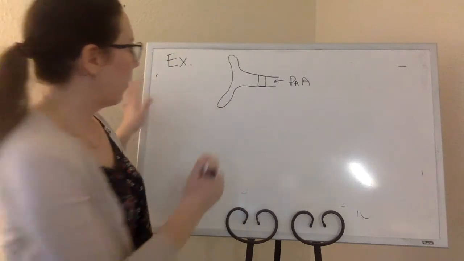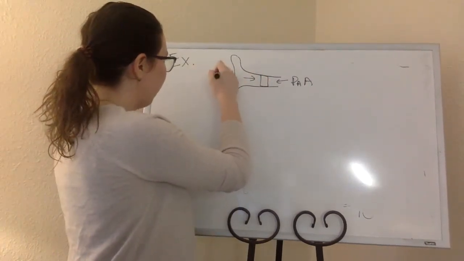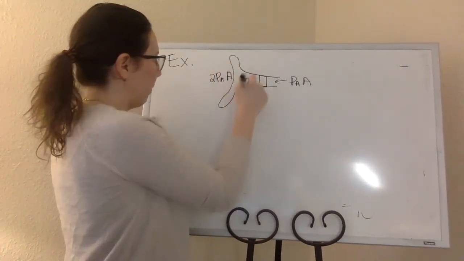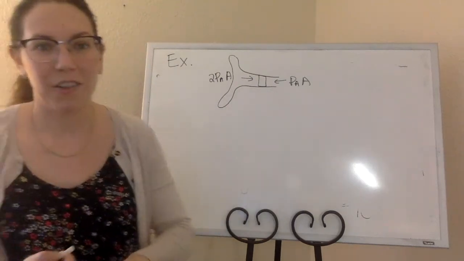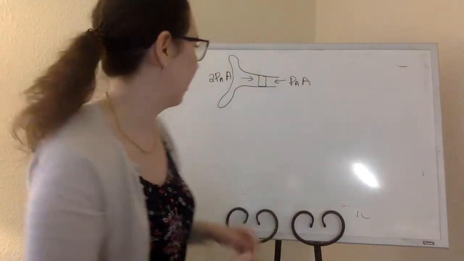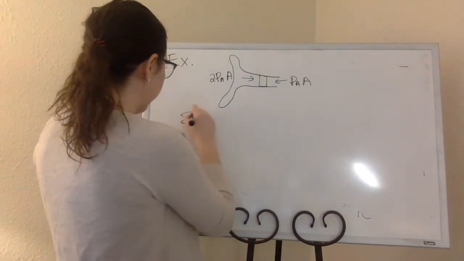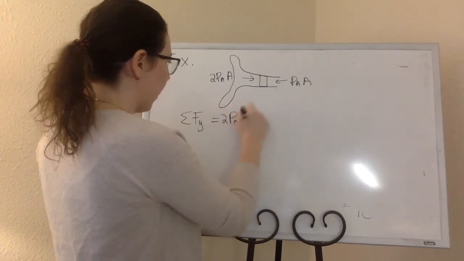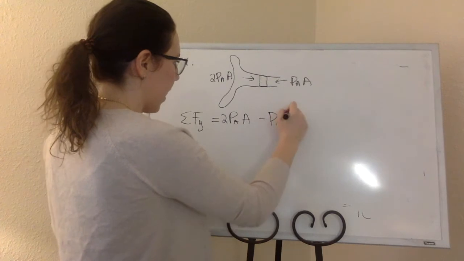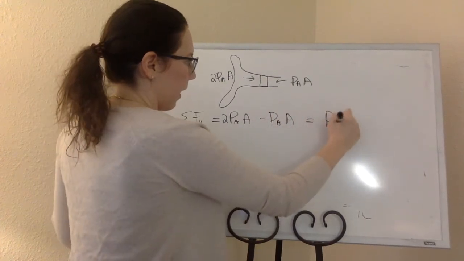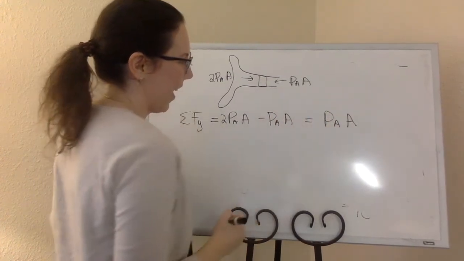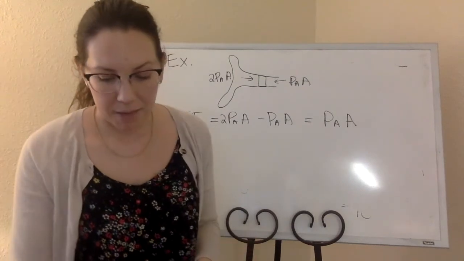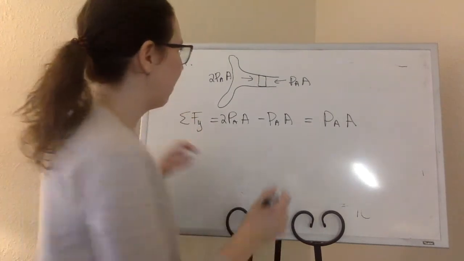So at this depth, we're going to have 2 times atmospheric pressure times the area pushing onto that eardrum, which creates a net force. Okay, so the net force in that direction will be 2 PA minus 1 PA, which is atmospheric pressure times the area. And we have an area of 0.5 centimeters squared,